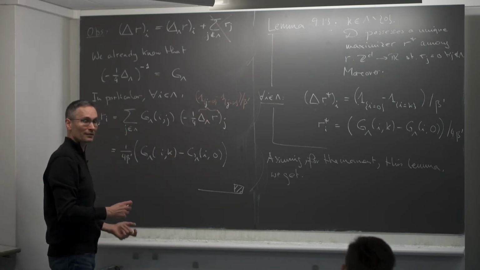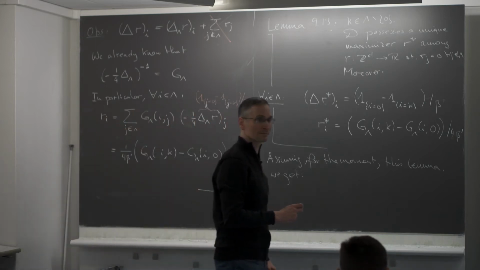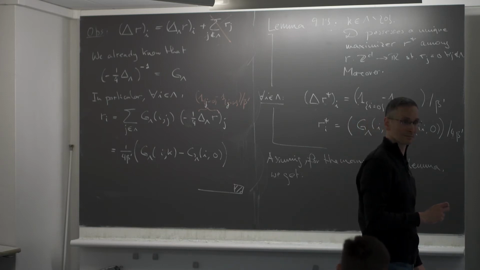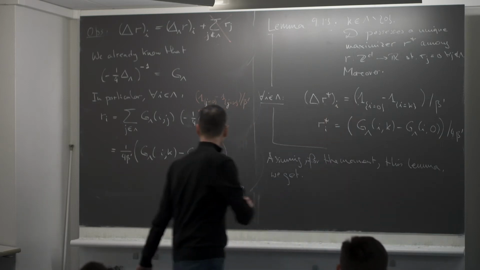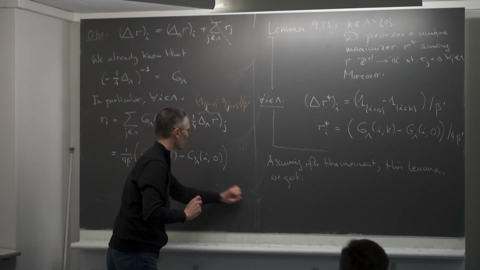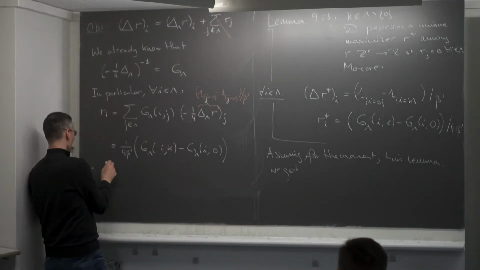Yes? We said that R is a critical point if we have this. Yes, but did we? The lemma also says it's the maximizer. Oh, yes, you're right. I should prove that it's a maximizer. It could just be a critical point. Let me prove that it's a maximizer. Okay, let's do it.